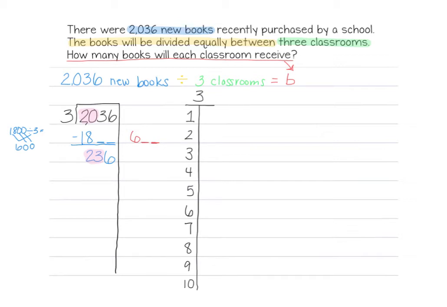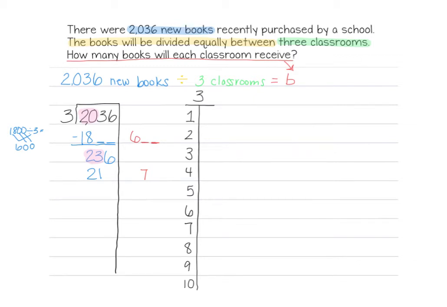So, if there are 7 in each group, 7 groups of 3 is 21, which is how we get 21 here. So we can check our work. 7 times 3, 21. We used 21 tens when we had 23 tens to divide into 3 groups because we're